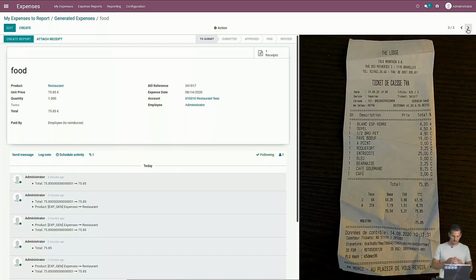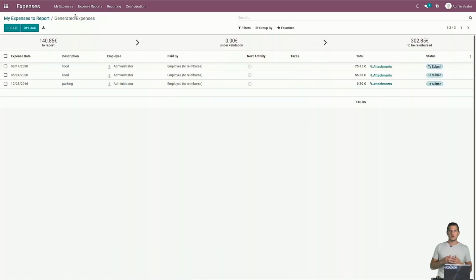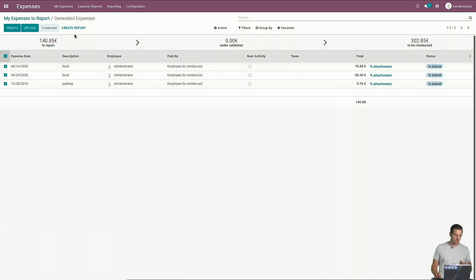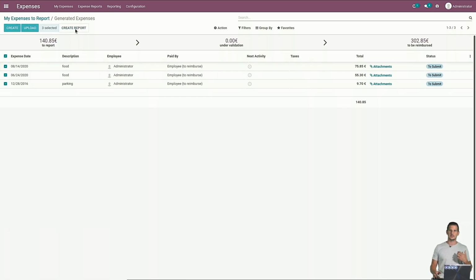And the last one is also categorized correctly as food, so basically all the same information is correct for this one as well. The amount, the date, the reference, and the expense account is correct. Also here, your employees don't have to lose any time anymore in filling in some information manually, because after sending it to the OCR, they can just select them all together, create a report, and send it for approval to